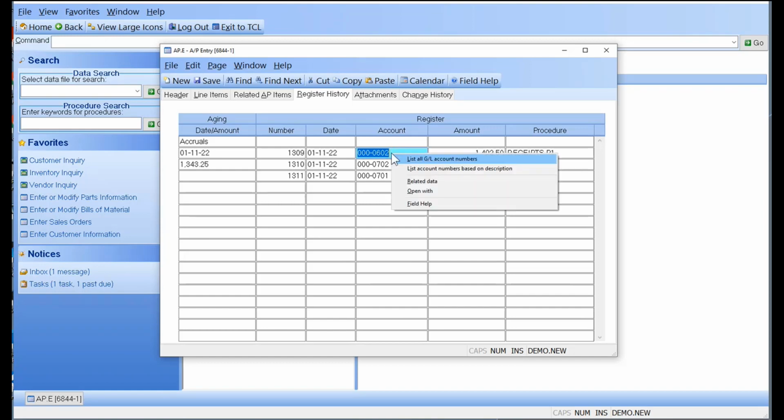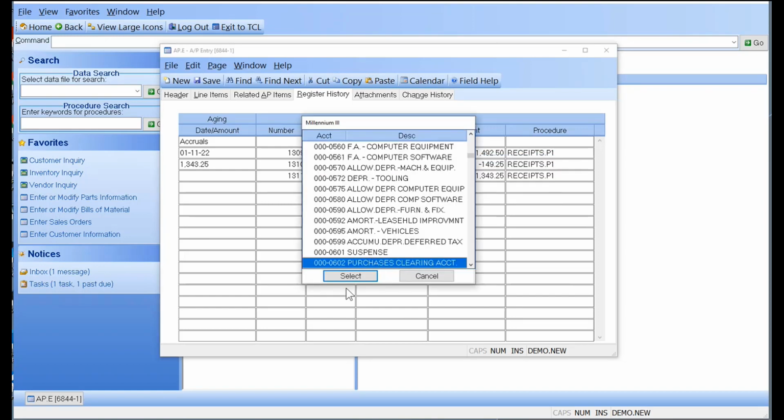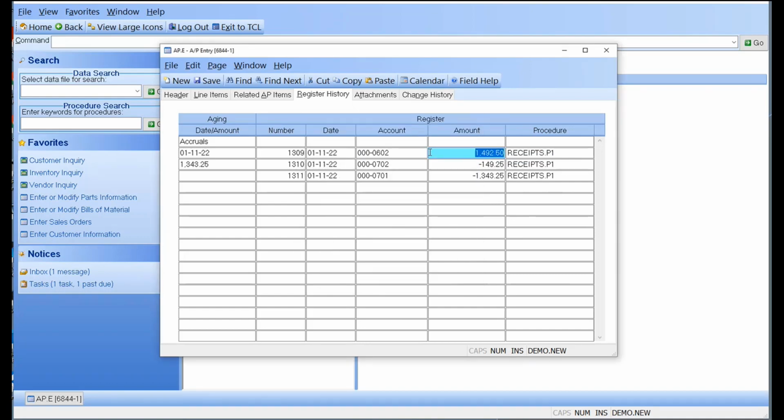Actually, I'd have to check that. It's probably inventory, no? Yeah, purchases clearing account number. Sorry, we hit the inventory when we received it and credited purchases clearing. Then we debit purchases clearing here and hit accounts payable accrual and the PPV account number. So we hit all these numbers,